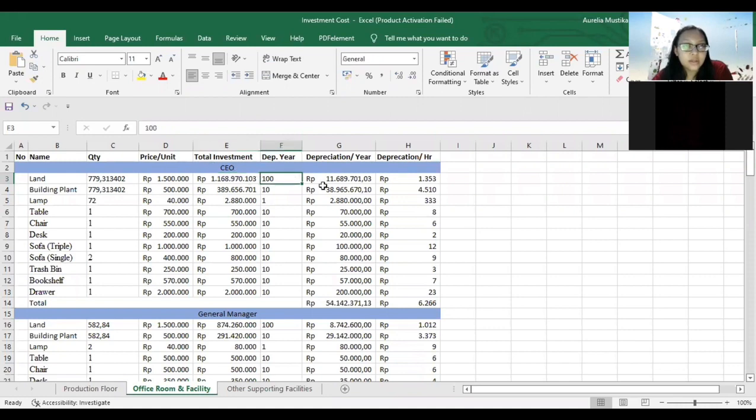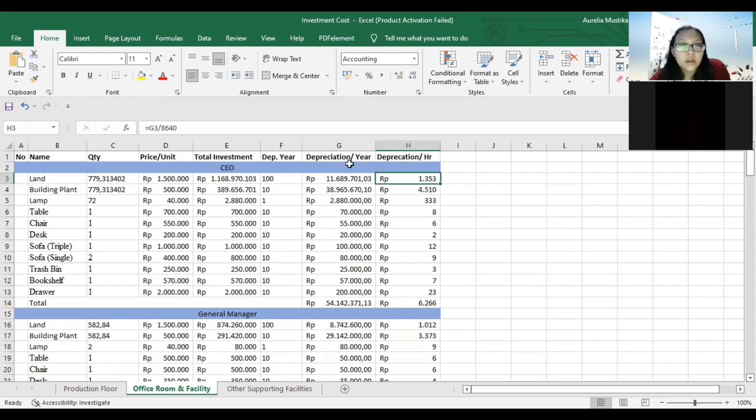And then the debt year is 100, and then the next is depreciation per year. The formula is like this: the total investment divided by the debt year, and then we get this. And then the last is depreciation per hour.